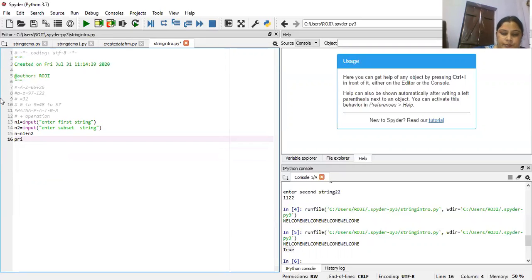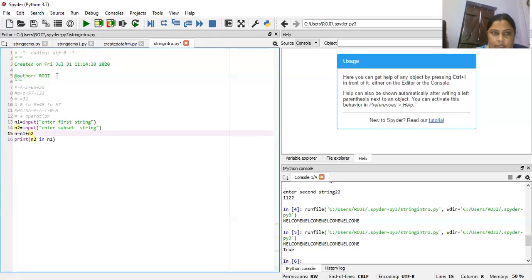Print n2 in n1. If n2 is present in n1, it will give the true value. If n2 is not present in n1, it will give the false value.